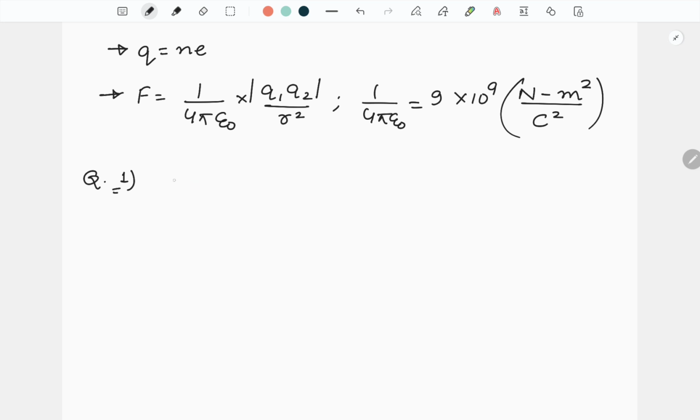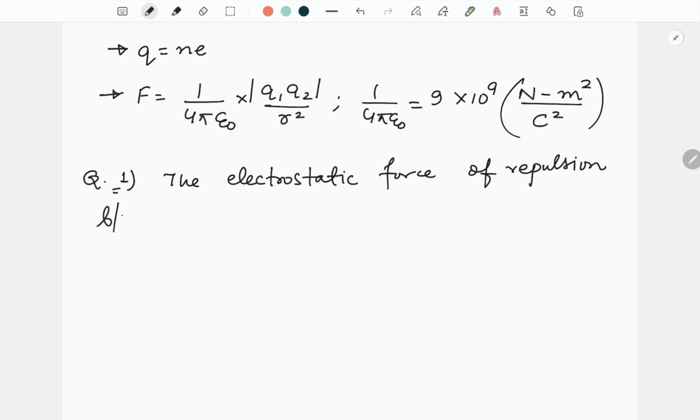The first question says that the electrostatic force of repulsion between two positively charged ions. If you want, you can write along with me so that you won't feel bored after some time. So the electrostatic force of repulsion between two positively charged ions